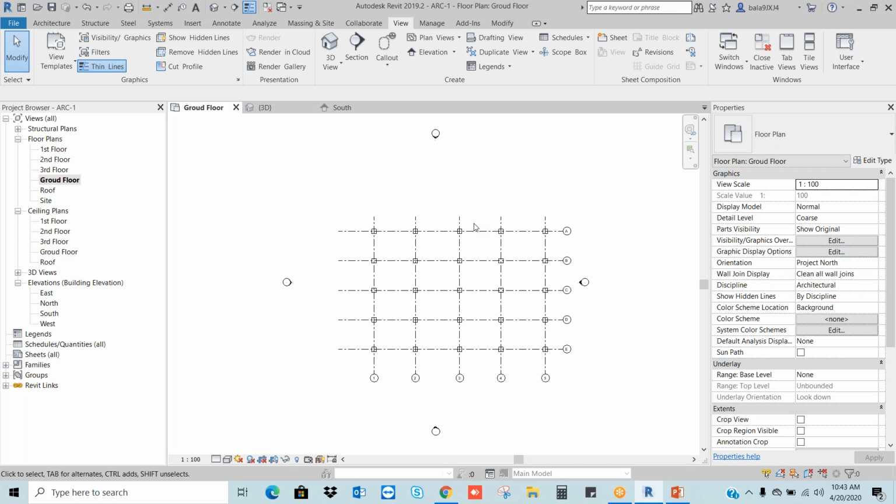For example, in AutoCAD, if I want to create floor plans, for each floor I create a different drawing: ground floor, first floor, second floor, like this. For elevations, east elevation, north elevation, south elevation, all different drawings. So all different drawings are merged together in the project browser. Each line item here is one drawing. Remember this. Now I am coming to the ground floor.